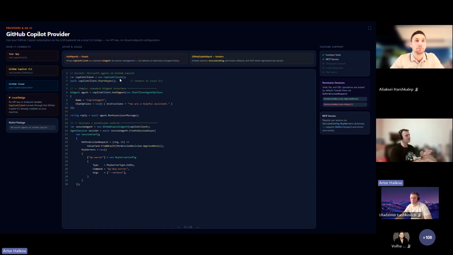What you can do, again, we just need to create a Copilot client from the Microsoft Agent AI GitHub Copilot package. And again, we just need to use the same AsAIAgent extension method that we've seen before, and that's all, and just run, and it will work.